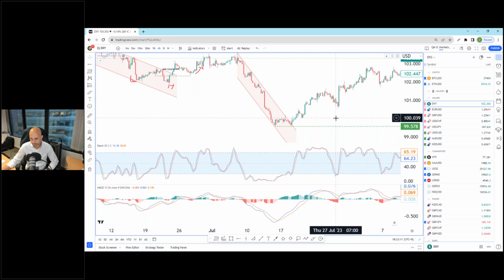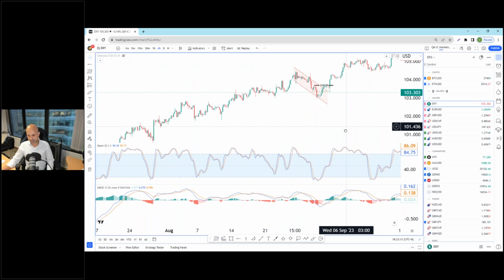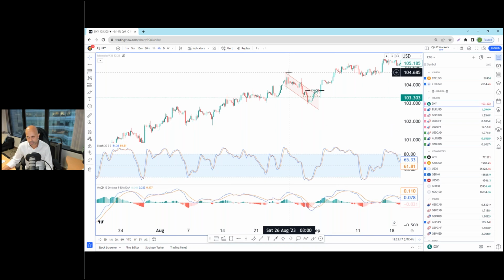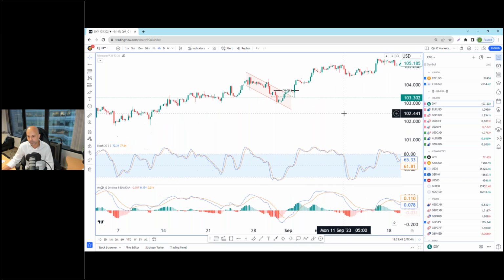Similarly, if you look here, this is in August, price is trading in a bearish channel, making a series of lower highs and a series of lower lows. We can also see stochastics falling down very sharply, going into oversold territory, and the histogram indicating a very strong bearish momentum. But then we can see all that reverse. You can see stochastics moving away from the oversold position, you can also see the MACD crossover occur, and at the same time you can see the break of structure, the change of structure as well.